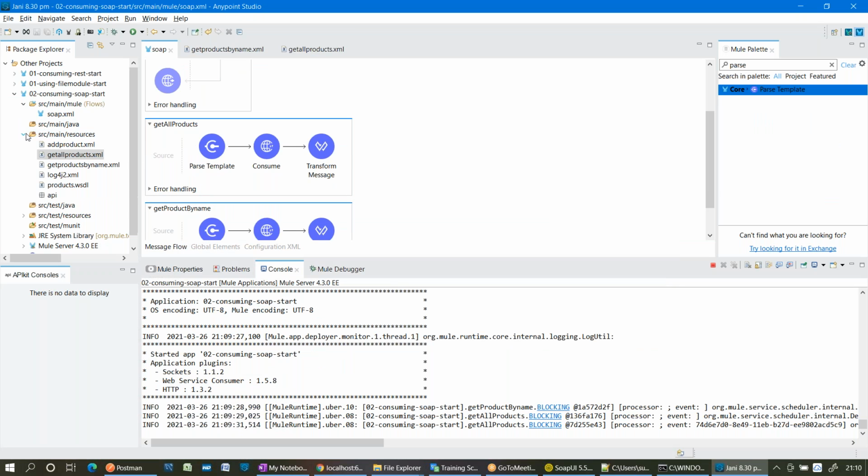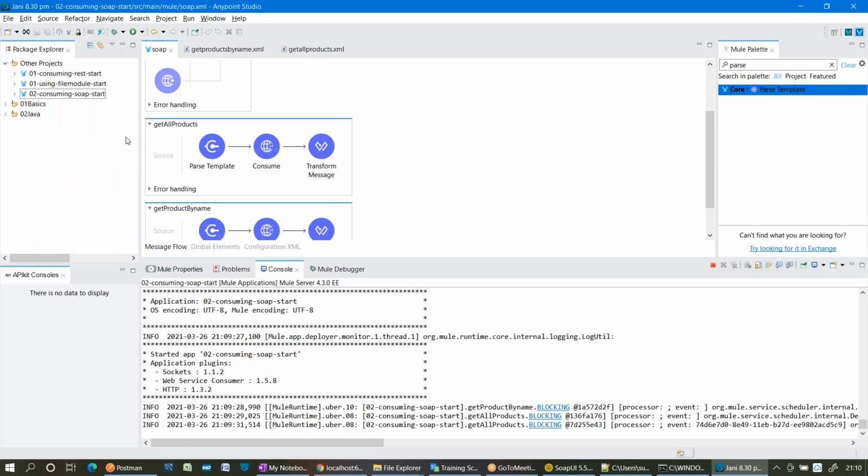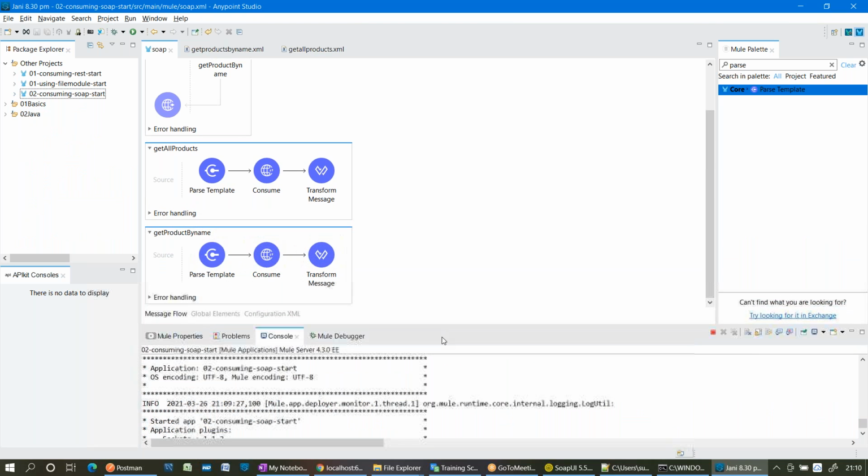And based on the input request, I want our request to route to get all products or get product by name. What is the connector I can use? Switch connector, right? Switch case is what we literally use, but what is the connector name that has that logic? What is the router name? It's a choice router. Sure. Definitely, I can understand I'm not practiced on choice, I mean in REST applications. Yeah, it's a choice router.